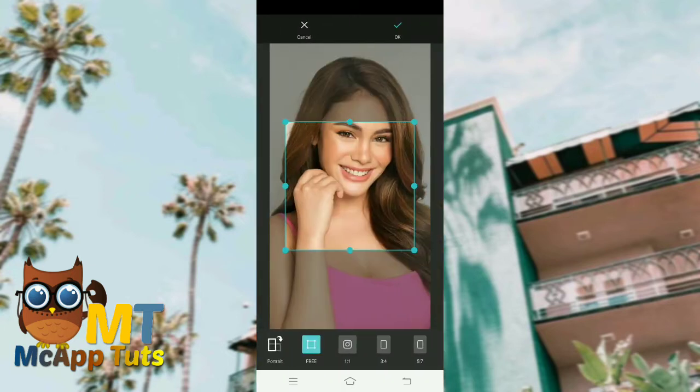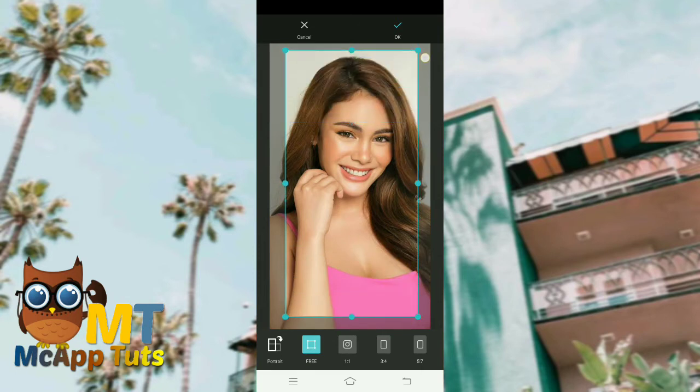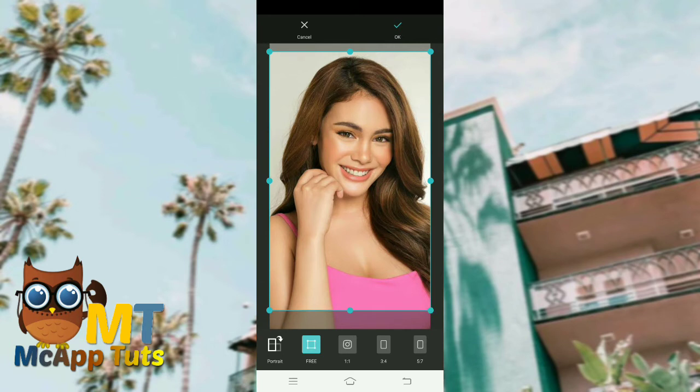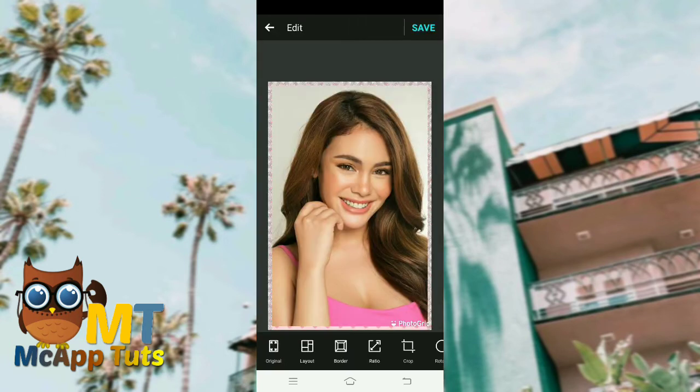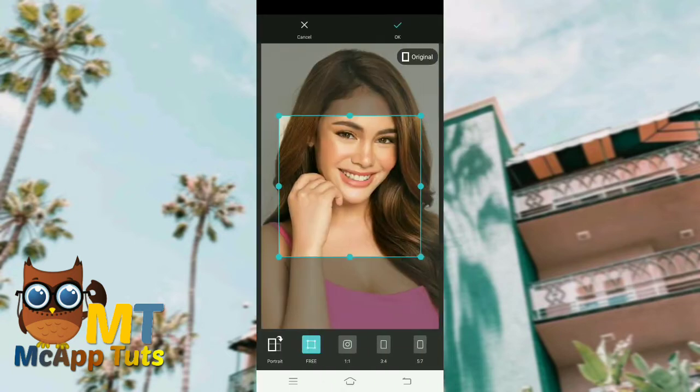So we can also crop the picture. Maybe we just lessen the excess background, then click OK with that, then that's it, that's the crop. Okay,